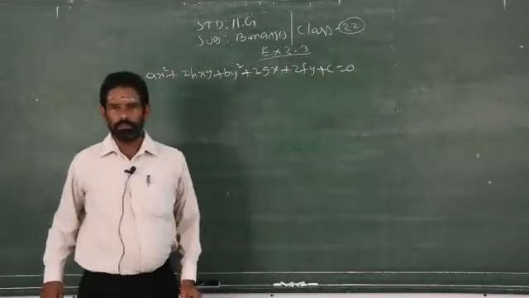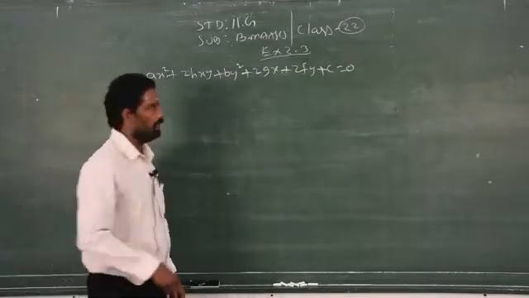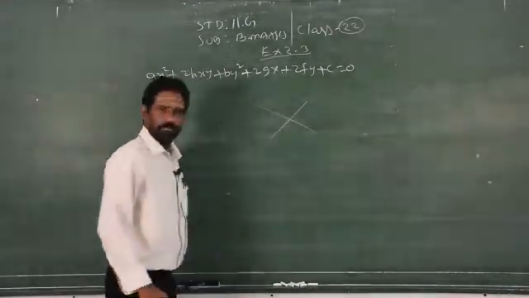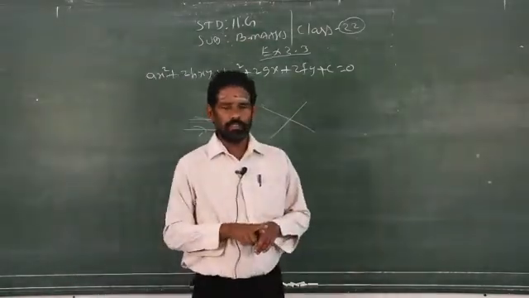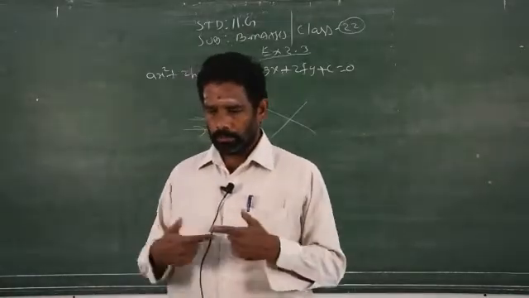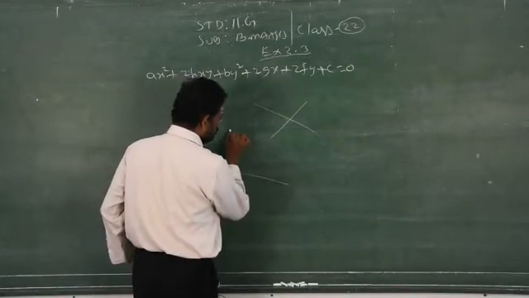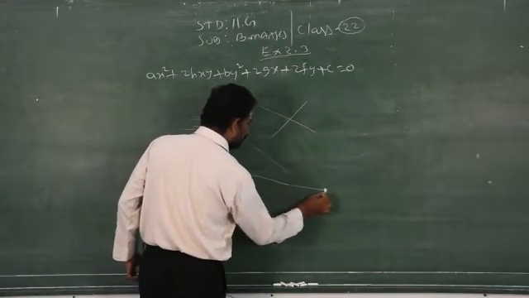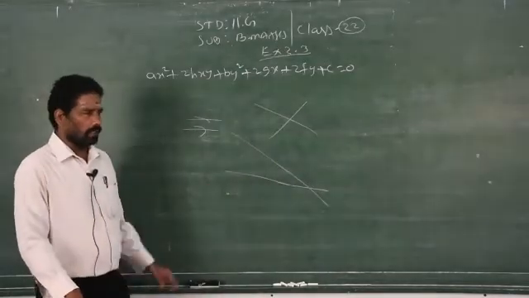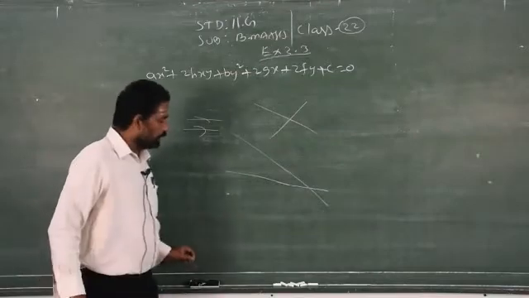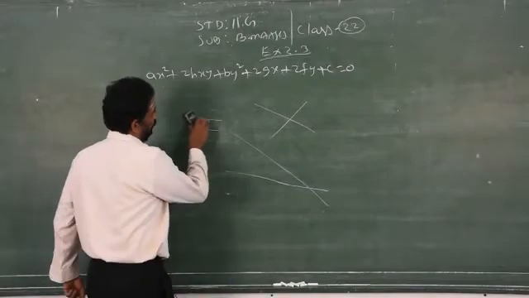So, if it is two straight lines, you have only two possibilities. Clear? Either intersecting lines or parallel lines. So, when you take two straight lines, it should be parallel lines or intersecting lines. So, don't argue, sir, here it is not intersecting. If you extend both the lines, they will intersect. Therefore, these two lines are intersecting lines. Only two possibilities when you consider two straight lines: one is intersecting lines, another is parallel lines.